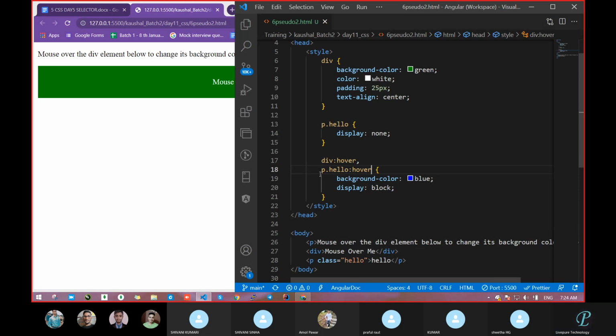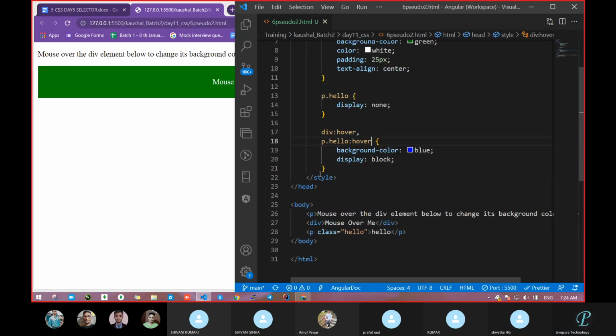Fine. By default, it is block. It is hidden.